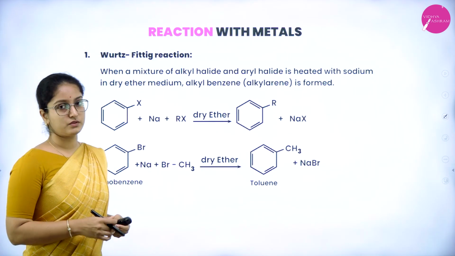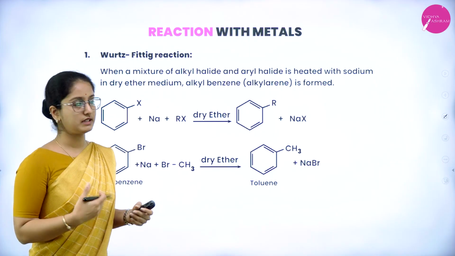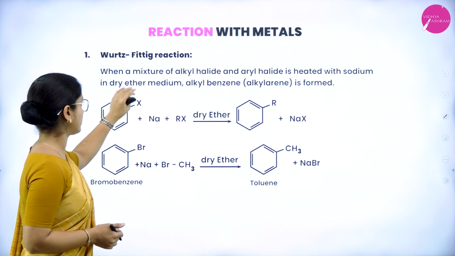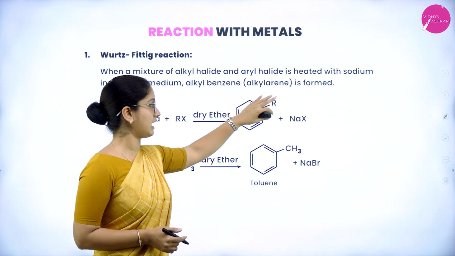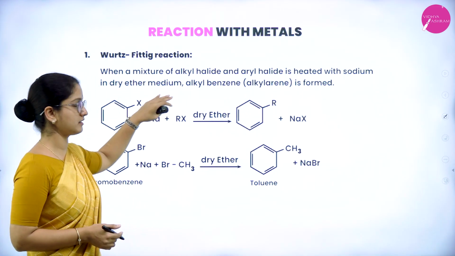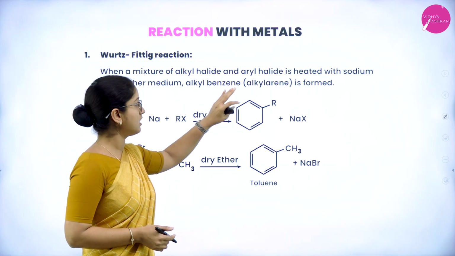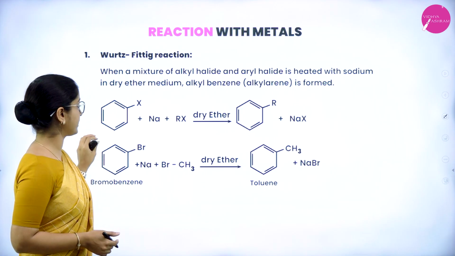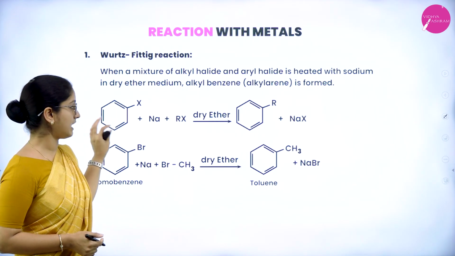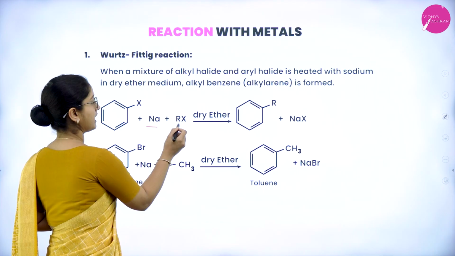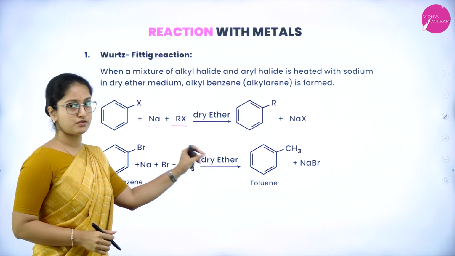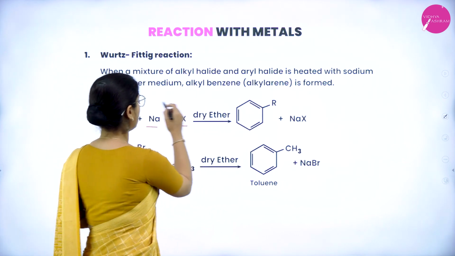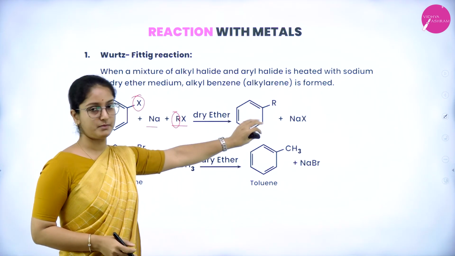Next, how are these haloarenes going to react with metals? In that, the first type is the Wurtz-Fittig reaction. So when a mixture of alkyl halide and aryl halide is heated with sodium in dry ether medium, alkyl benzene, or it can be called alkyl arene, is formed. So here is a general reaction wherein aryl halide along with sodium and then alkyl halide in the presence of dry ether medium. So the alkyl group is going to replace the halogen group to give alkyl benzene